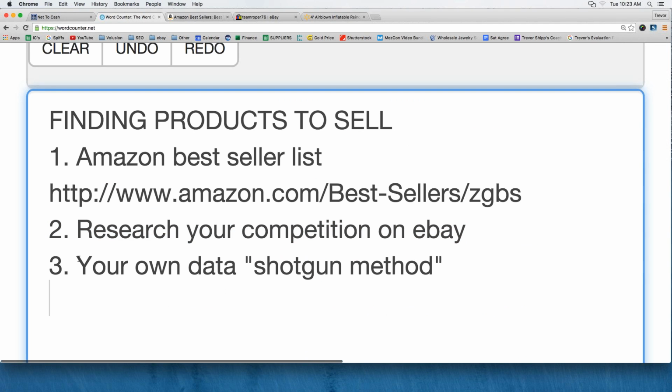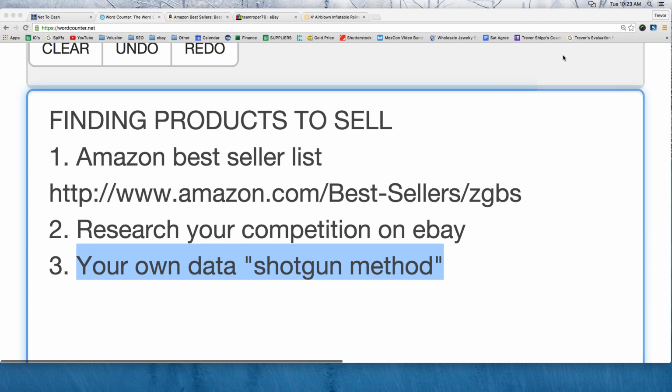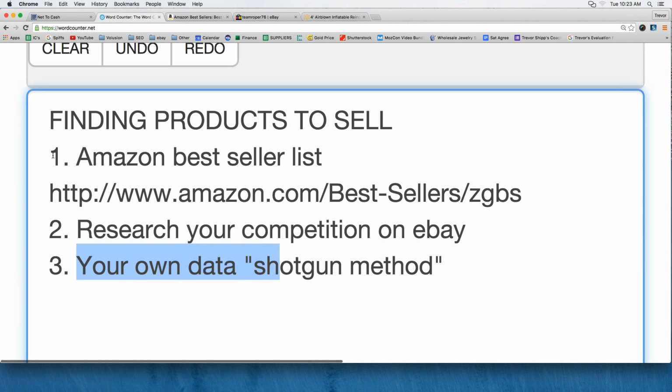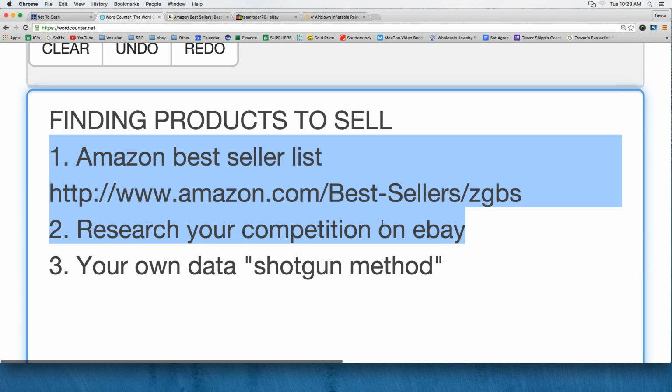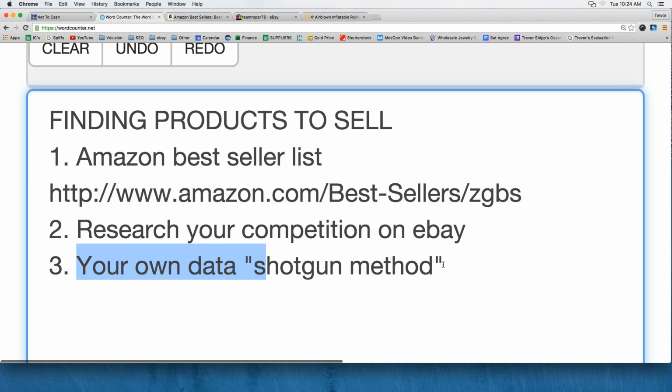Now let me show you the last method here. We call this the shotgun method. If you think about a shotgun, when you shoot a shotgun, it's not one bullet that hits a direct point. You shoot a lot of little BBs or little pellets that spread in an area, right? Well, this is kind of like that. These other two strategies were more like, I'm going to research and then choose a specific product. This is what I like to call the shotgun method, where you basically hop onto a